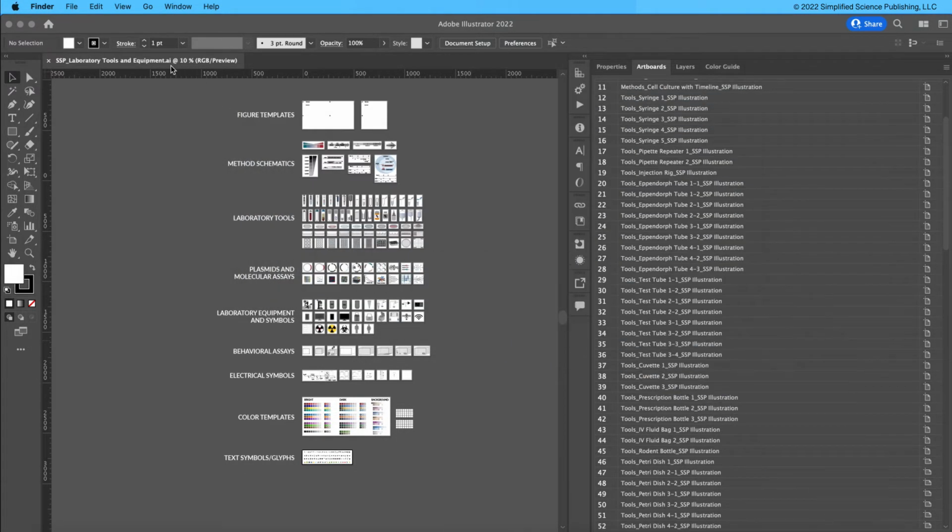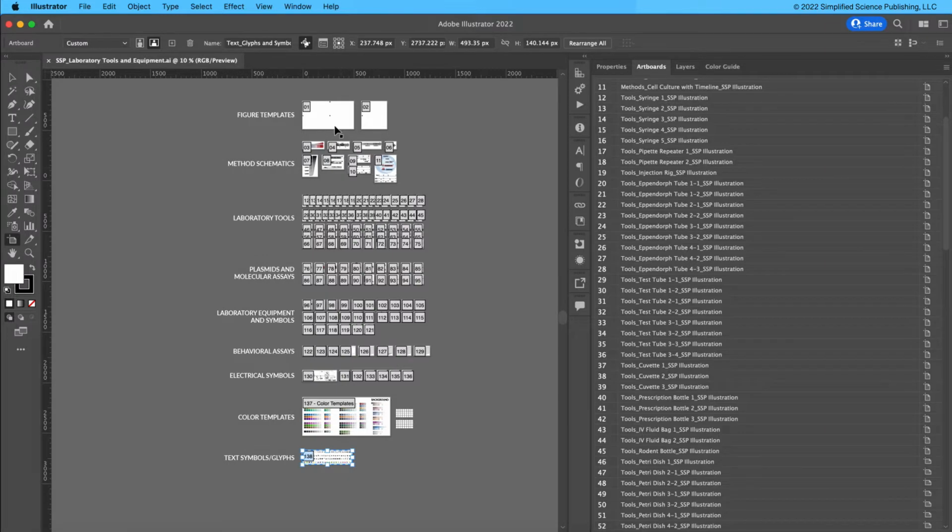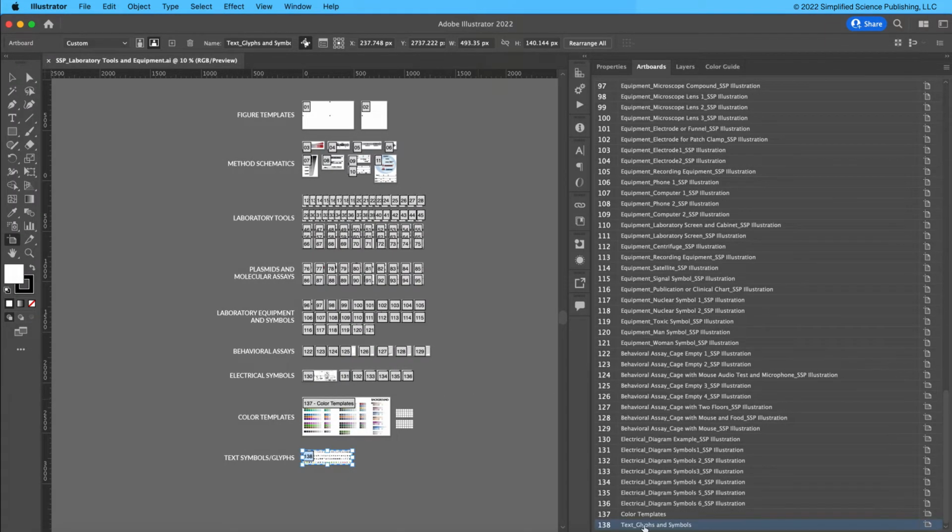And if we look at this Adobe Illustrator file, this is the main file you're going to use if you want to customize or edit any of these illustrations that are laboratory tools and equipment for your scientific publications and presentations. And if you click the Artboard button in Adobe Illustrator, you'll see that there are over 138 artboards, and